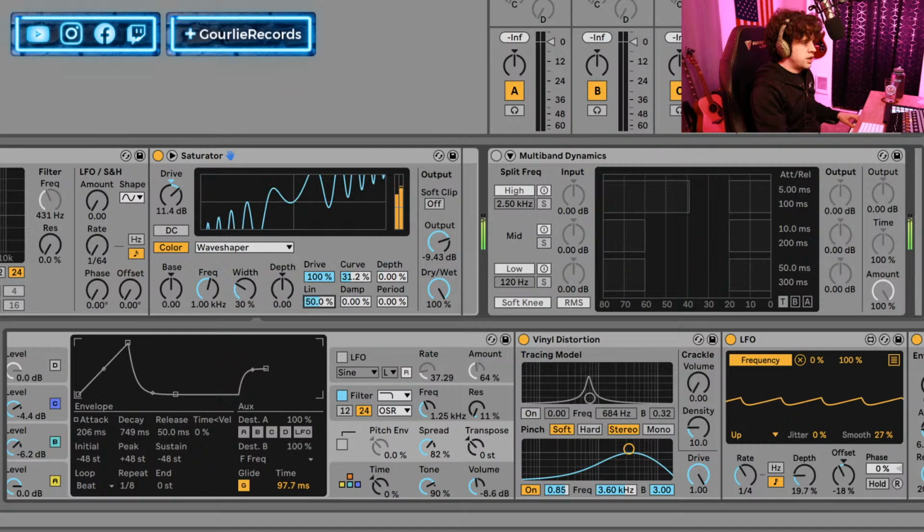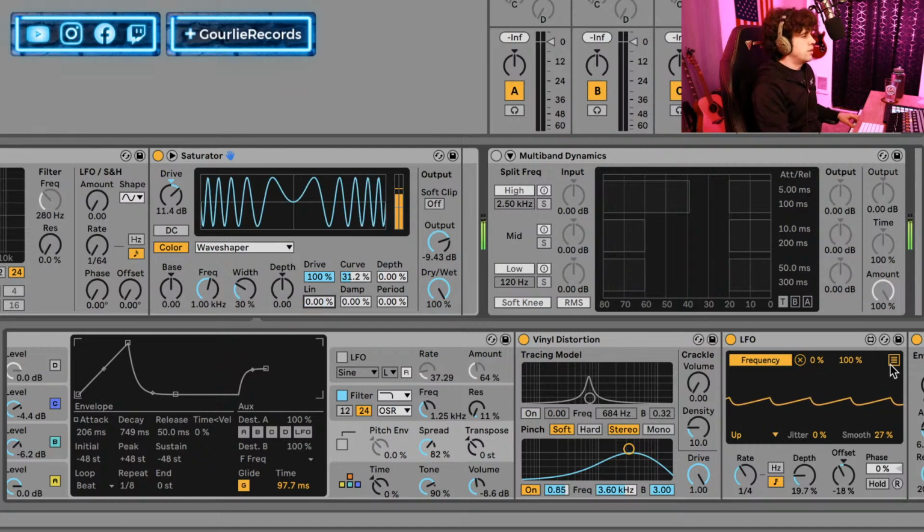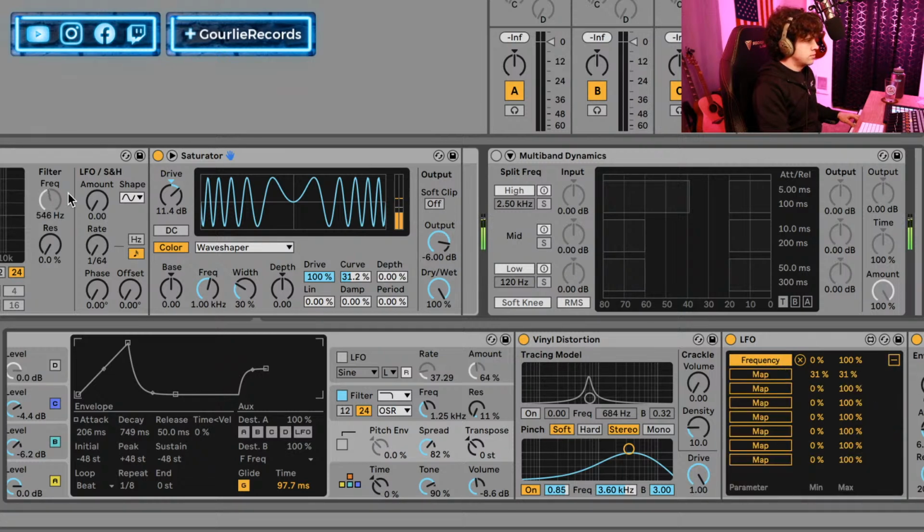Let's see, one of the linear. Let's map this to, oops, that's not what I want to map it to. What do I want to map it to here? I want to map it to,